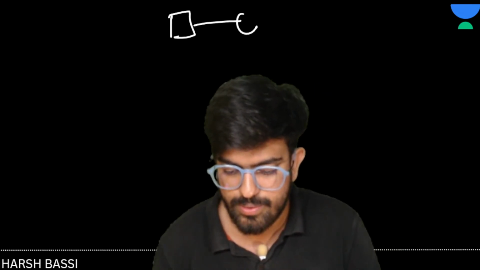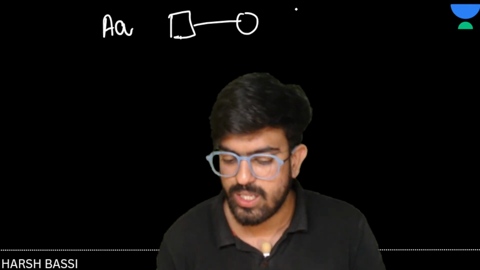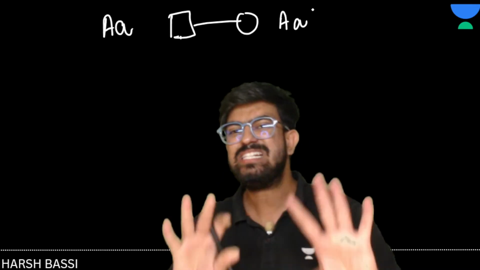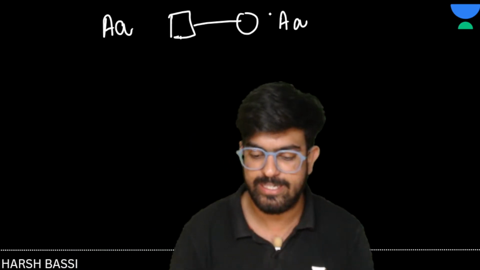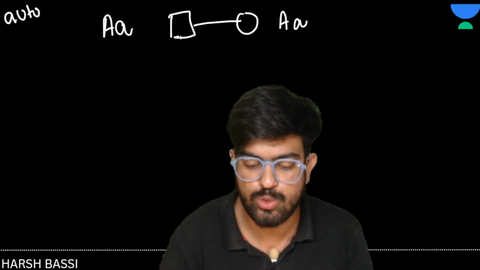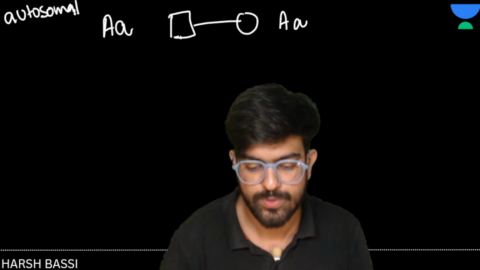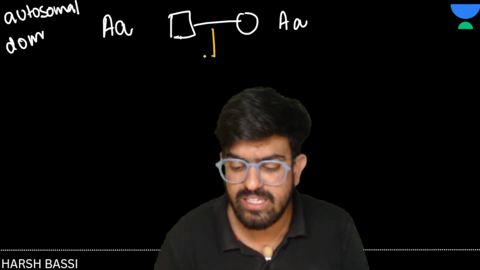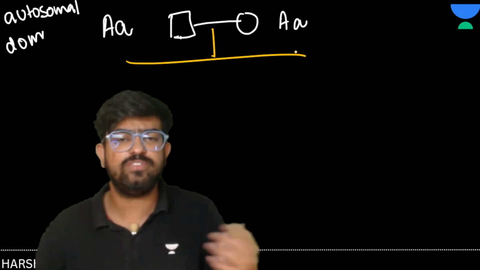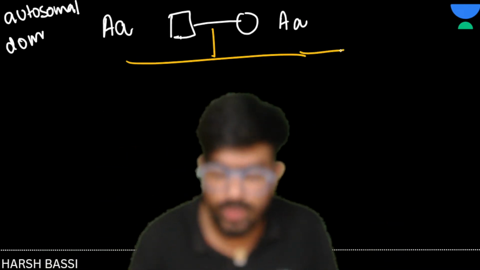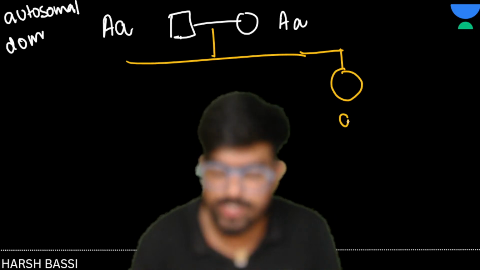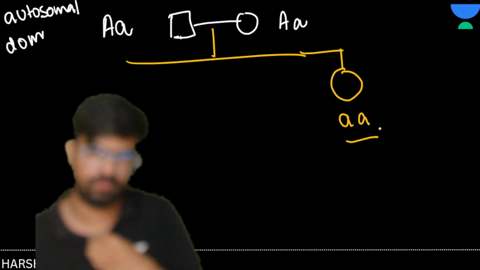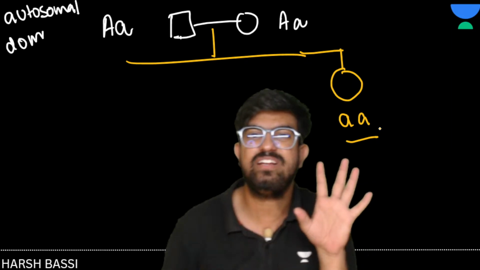Let's suppose this is capital A small a, this is capital A small a. I said that this is autosomal dominant. Okay, autosomal dominant disease. So whatever the child they will have, everyone will be dominant except the one which is going to have this genotype, right? Rest to everyone will have the